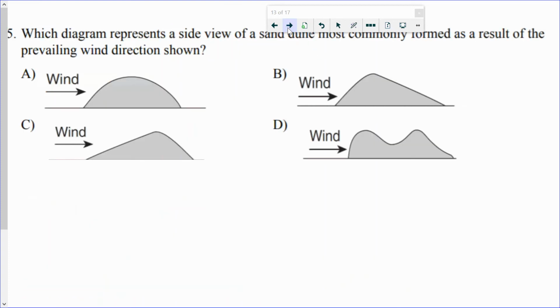Same exact question again here. Very easy to get confused between two options. I think right away we know that that's not an option and that's not an option. For the wind, you'd pick this option here. If this was ice instead of wind, this would be your pick and that would be a drumlin. But you've got a well-sorted deposit like this, and you have an